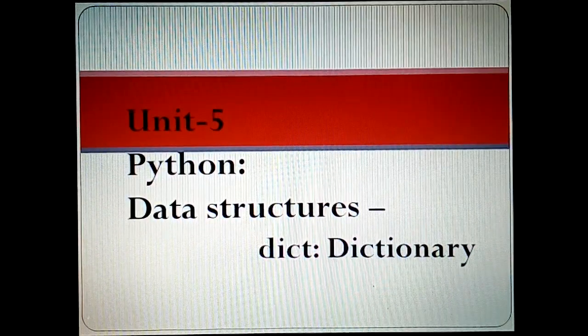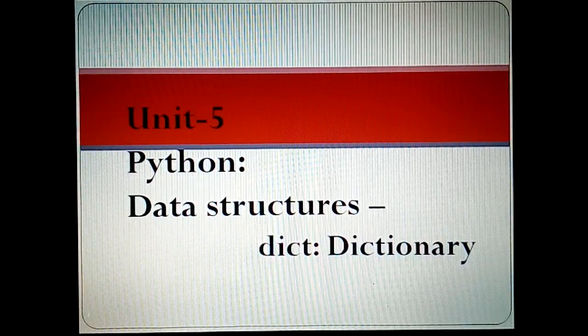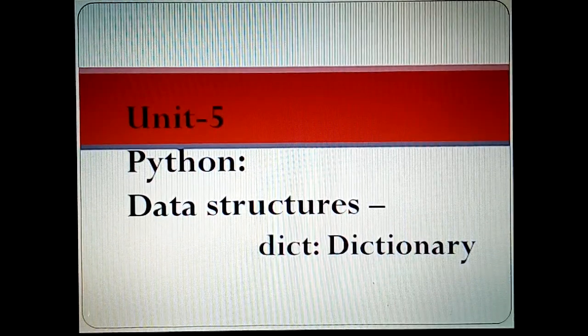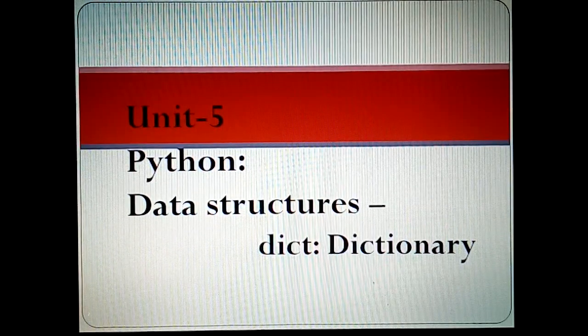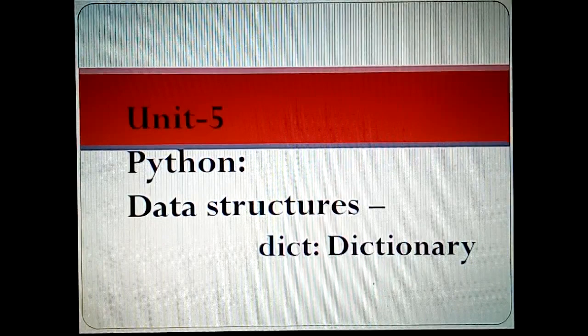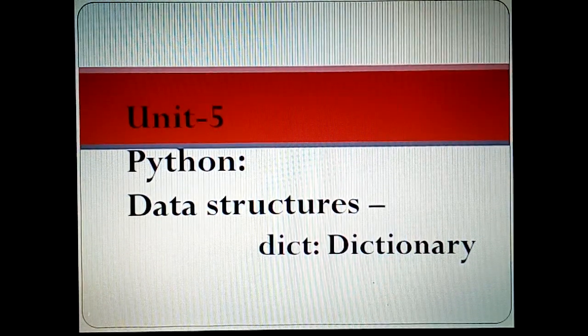Now in the last session we had seen how to work with a dictionary. We had seen an example wherein a dictionary can be used as a counter. We also understood how to count the frequency of characters in a string, or the frequency of words in a dictionary.